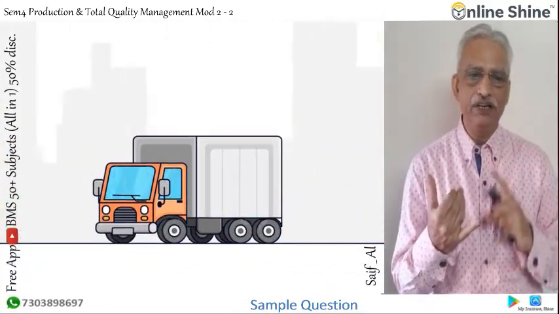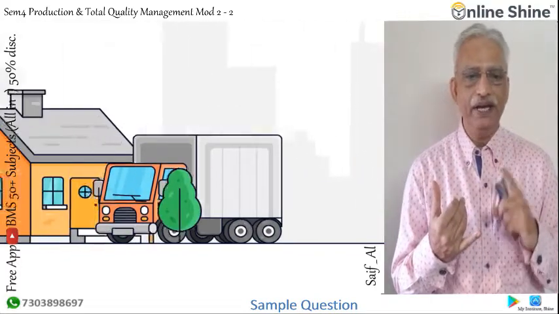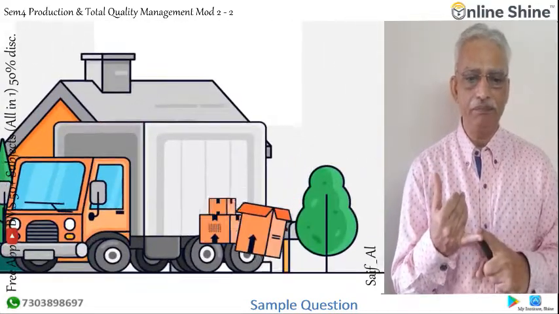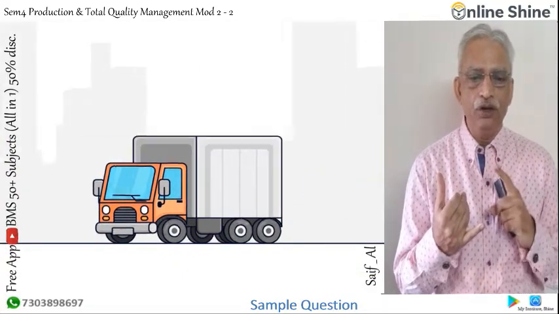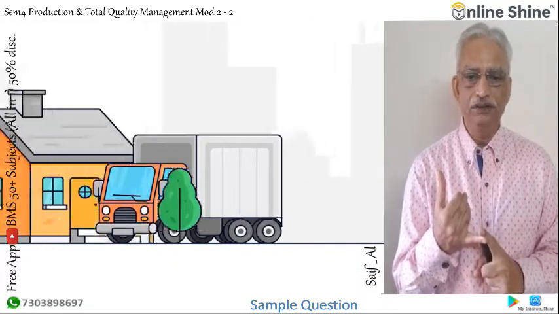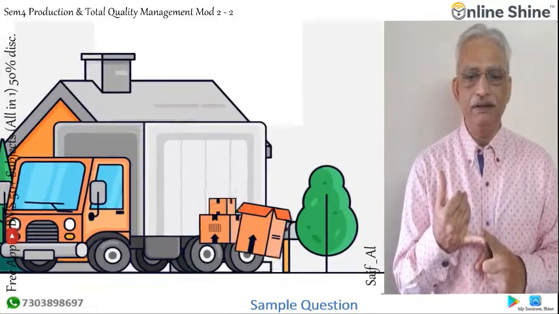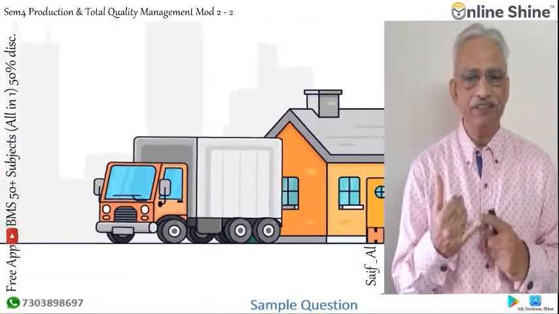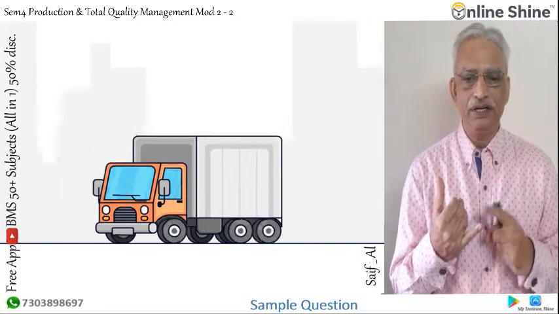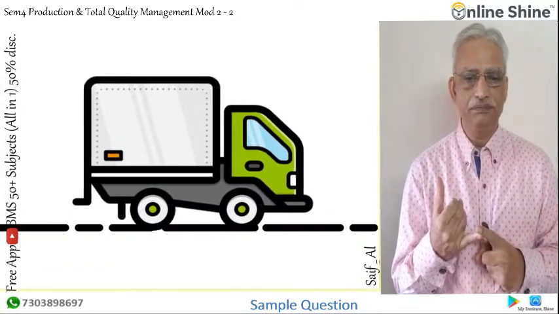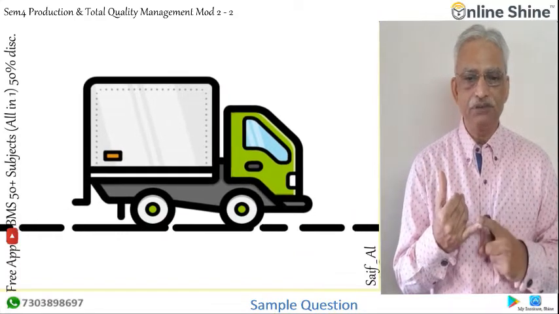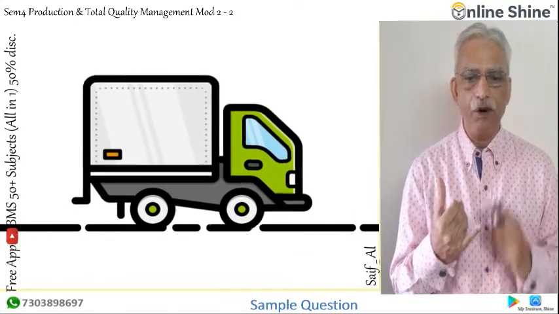P is 34,000 divided by 850, that comes out to be 40. U is 30, that is the cost. And carrying cost is 67,200 divided by 4,20,000, that comes out to be 0.16.